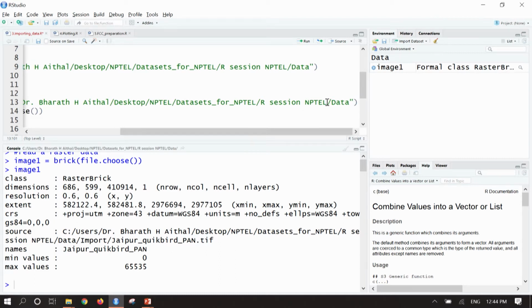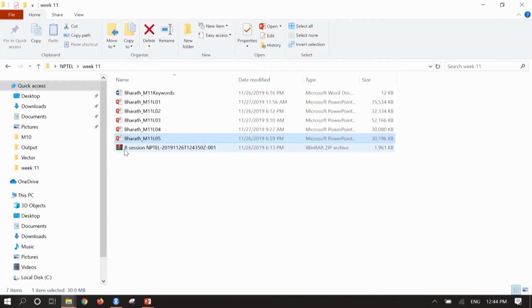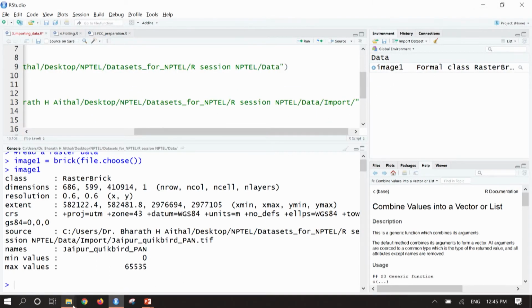Data, inside data there is a folder called import. Inside that there is a file called Jaipur underscore.